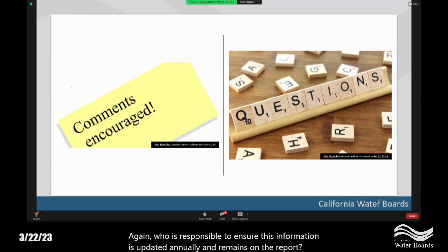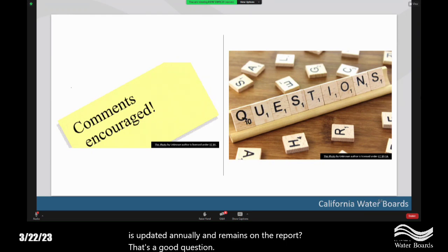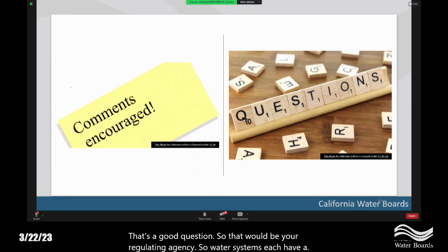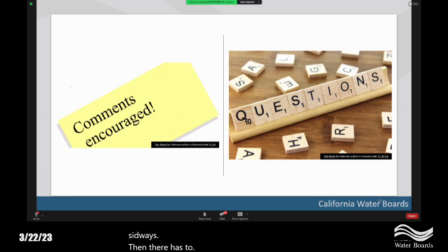That's a good question. That would be your regulating agency. Water systems each have a reviewer on the other side, and the reviewer for the SWRCB data. If any data is coming in from SWRCB, it has to be reviewed for completeness and then entered into SWRCB